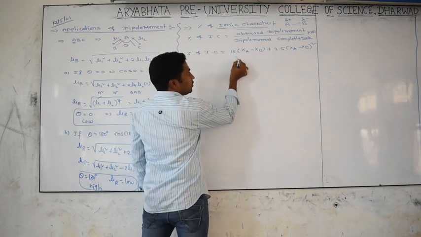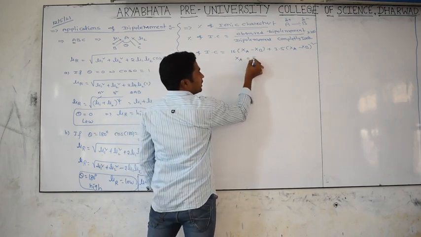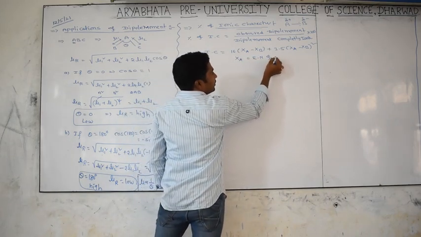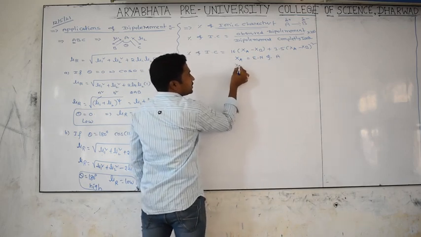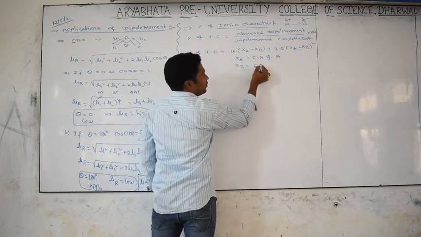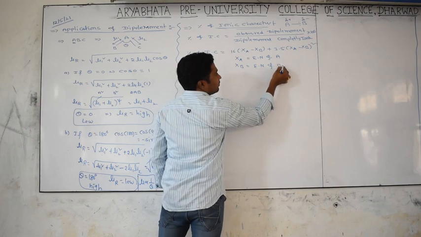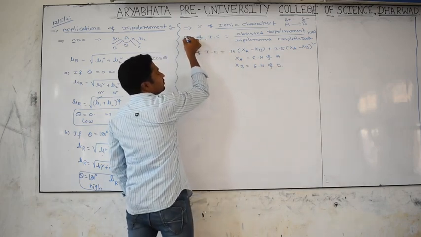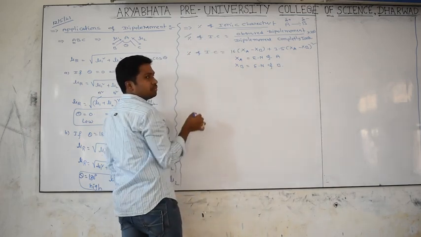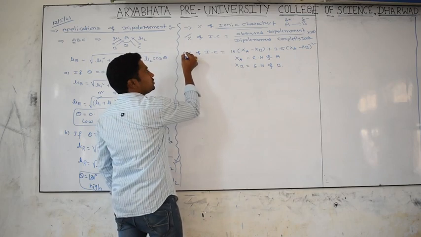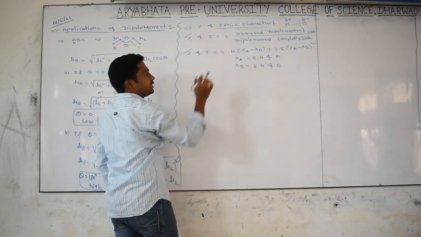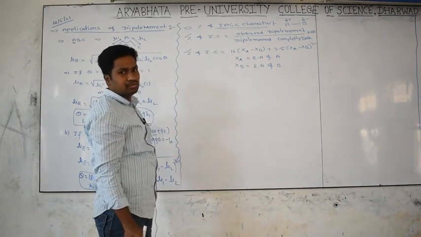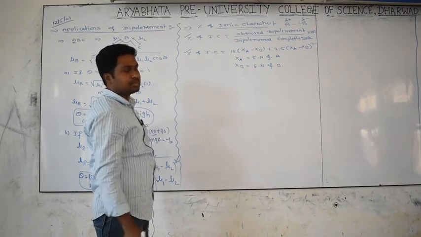So what is the meaning of XA? It is nothing but the electronegativity of A atom, and XB is nothing but the electronegativity of B atom. This is the formula for percentage of ionic character in terms of dipole moment. It is also the same percentage of ionic character, but in terms of the electronegativity values of the combining elements.